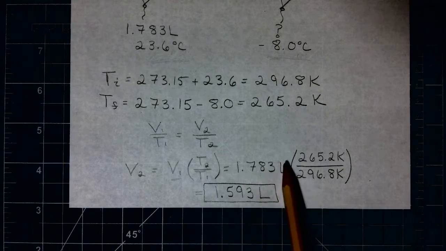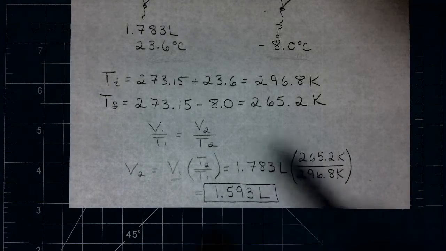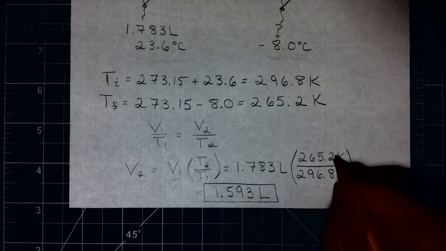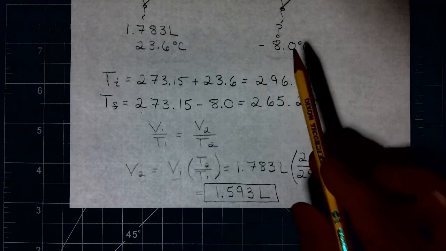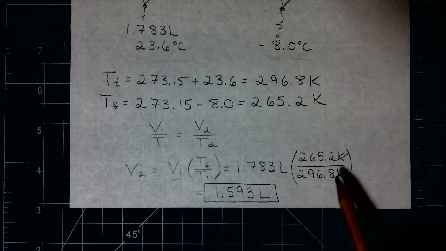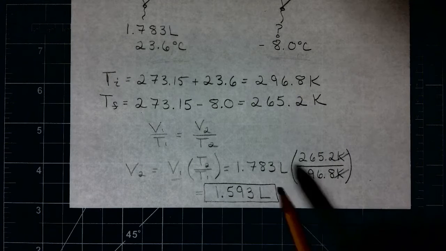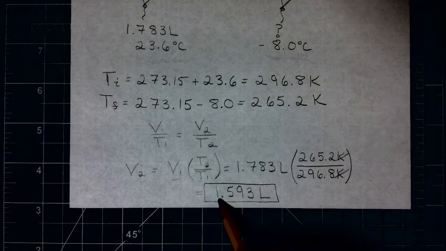We go ahead and plug those values in. We see that these both cancel, and we're not getting any negatives here, right? Because we would have gotten a negative here if we had not converted to Kelvin. And then we get out, finally,